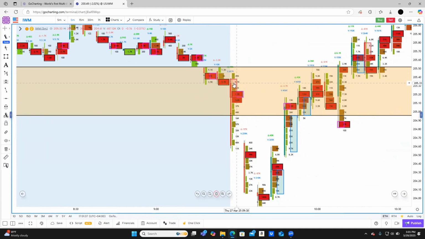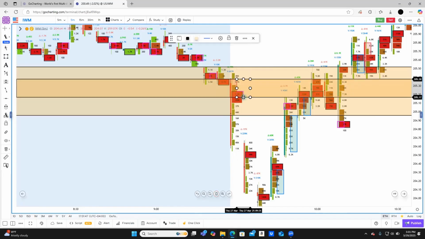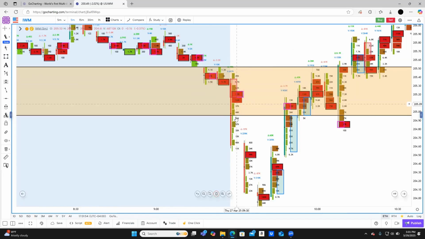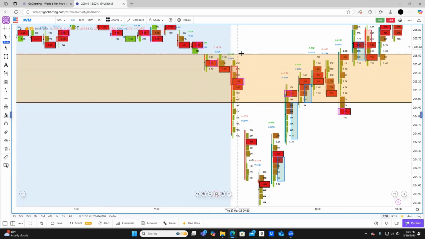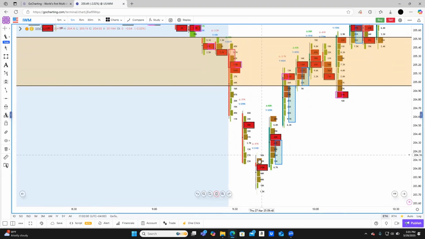And then you can see price open there, tried to spike it, but dropped. And also made a stack imbalance in that same candle here to here. So sellers were really aggressive to the downside. And you can see price in the first 5 minutes dropped from 205.33 and eventually buyers came back into it around 203.76.